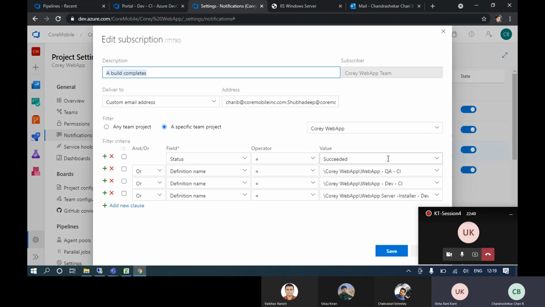This is the notification service for this web app project. Here you can give a specific team, or if you add, see my name is added, definitely for each and every build I will get a mail. So let me add your name also. What is your ID?